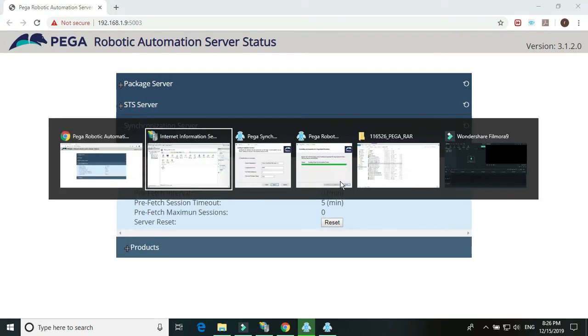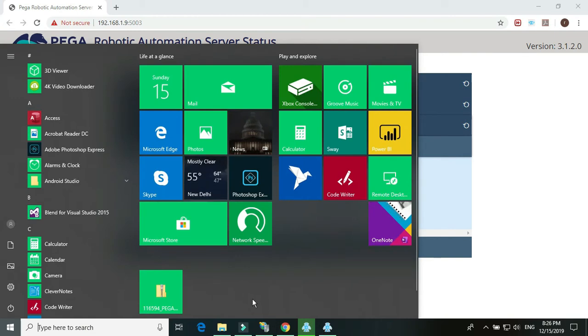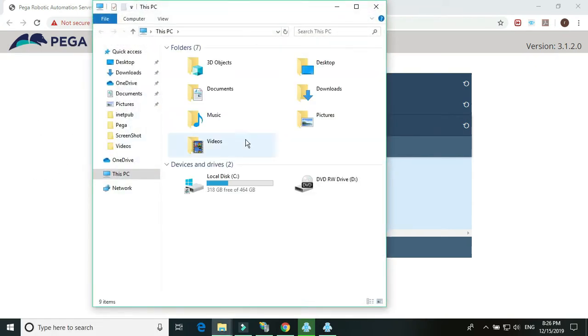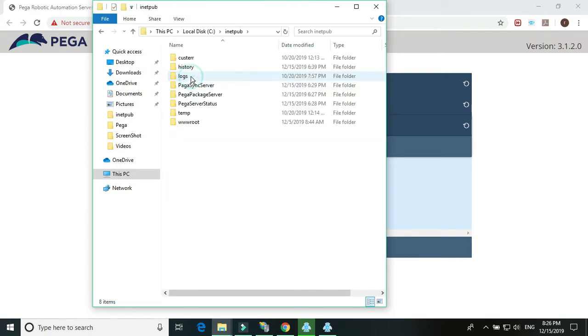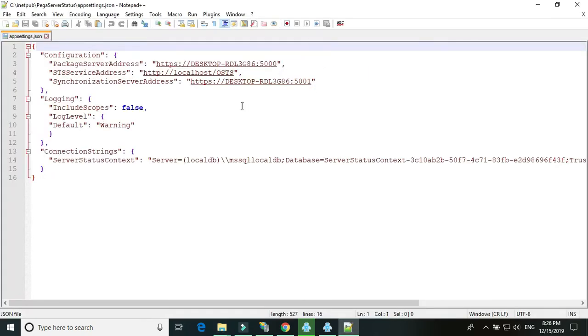that we mention in the server status. So if you go to inetpub on your server, go to server status and the app setting JSON file, there you can see the sync server URL. So just copy this